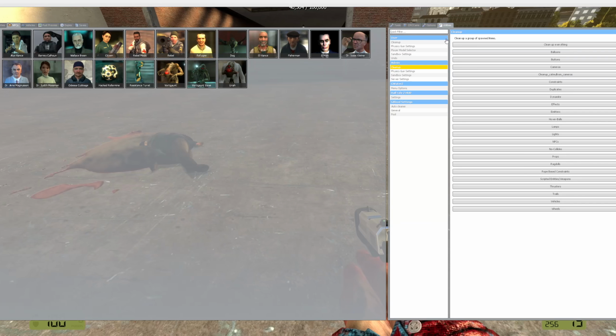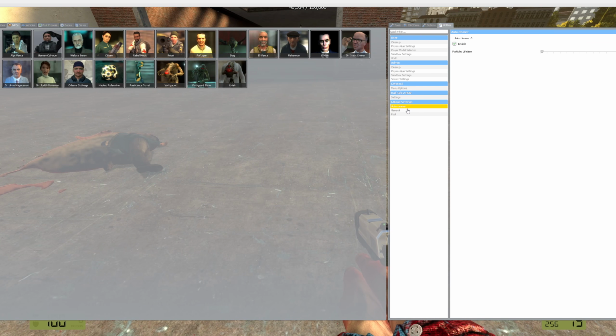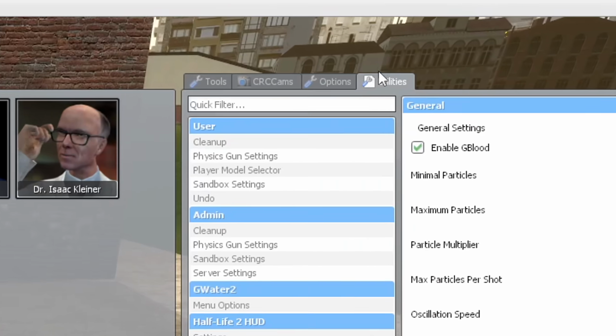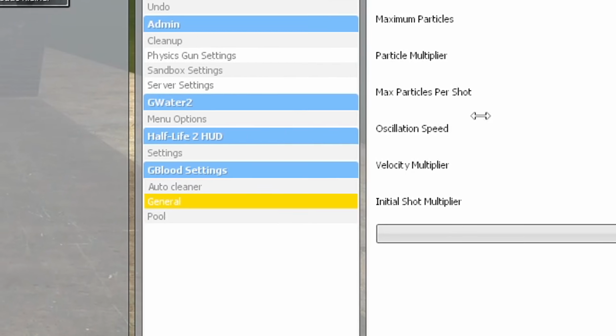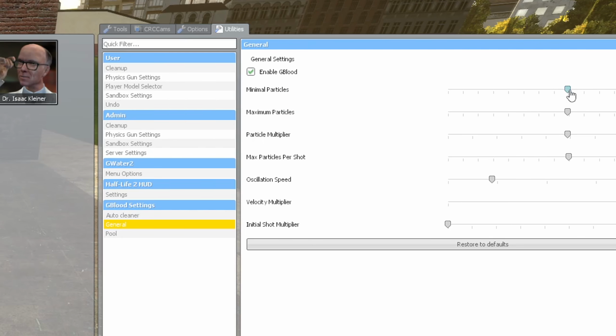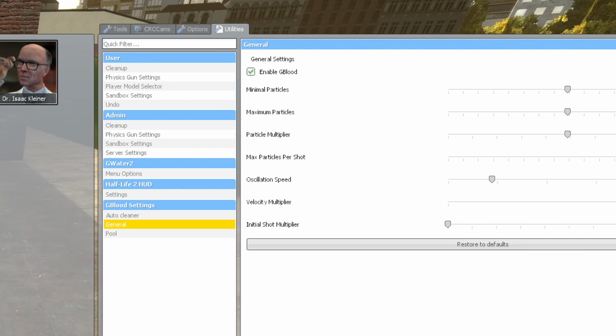The good thing is, there is a ton of amazing options that we can adjust in here. Go ahead and go over to utilities, go down to GBlood settings, and we can adjust the minimum particles, the maximum particles, the multiplier, and how many particles per shot. So if we crank this all the way up, I mean,